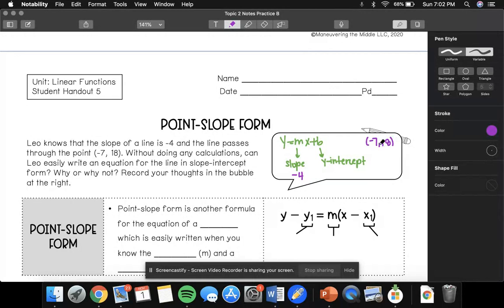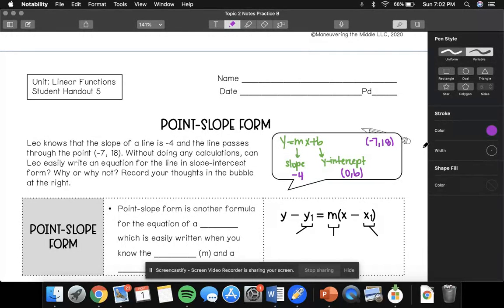Well, that is not telling me where this line starts or where it crosses the y-axis, because your b value is where it crosses the y-axis, or when x is 0, and this is not when x is 0. So I cannot, without doing some sort of calculation,